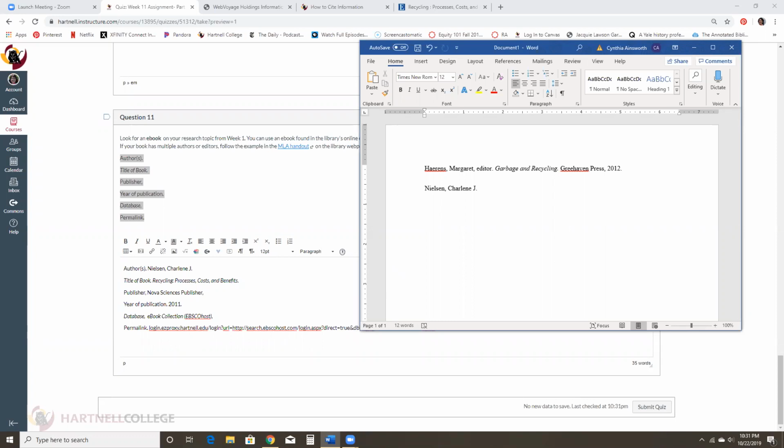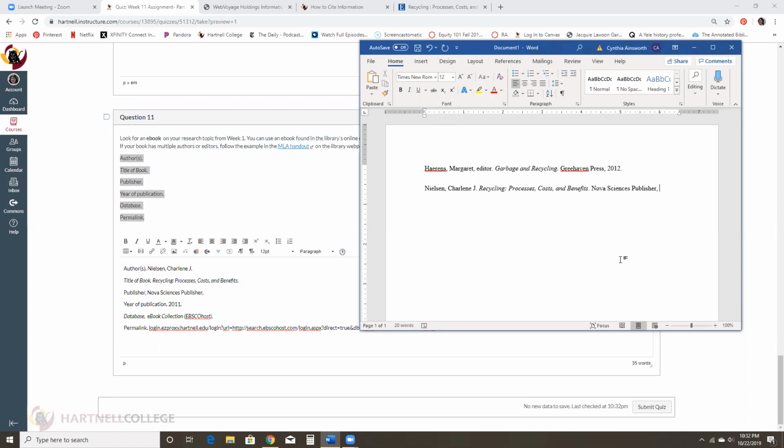I'm going to put the title, Recycling Processes, Costs, and Benefits, period. And I want to make sure that title is italicized. Then we want Nova Science Publishers,